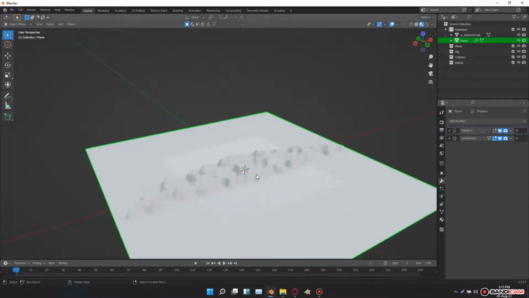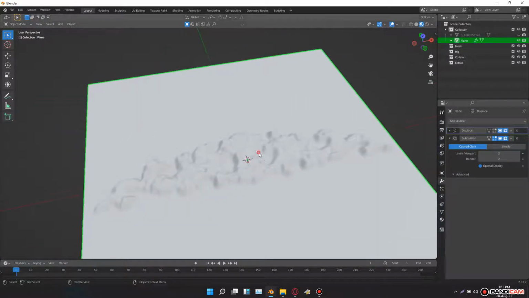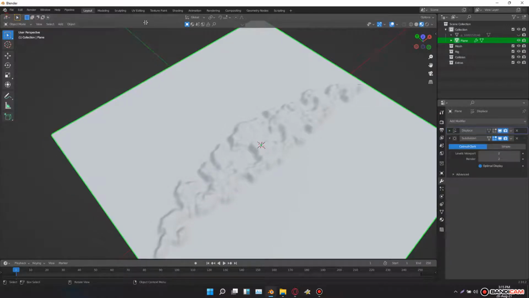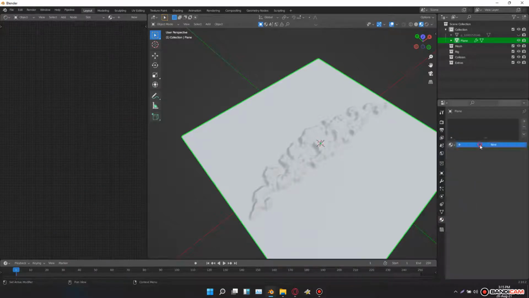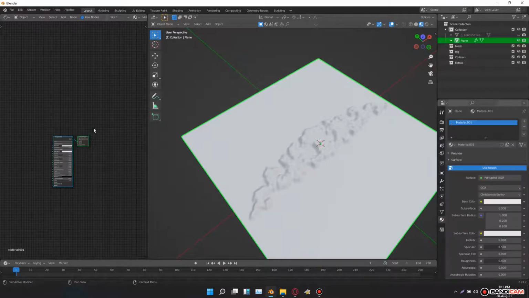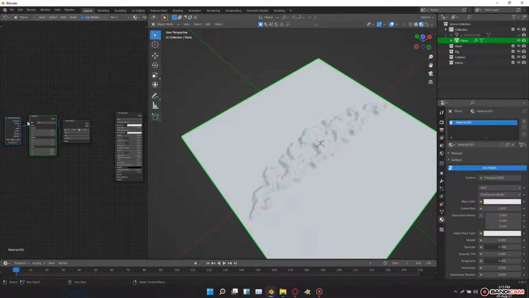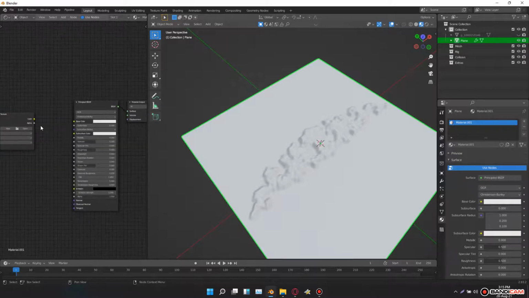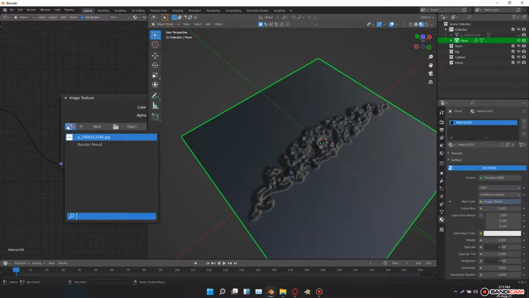Okay, subdivision surface modifier of level 2, smooth shading, hide the image, and now we would like to have a texture on it. Go to the shader editor, go to the new tab, new material, Shift A, texture, wait a minute, image texture, Ctrl T for additional nodes like the UVs and the mapping node. Click the base color, zoom in, image, this one,